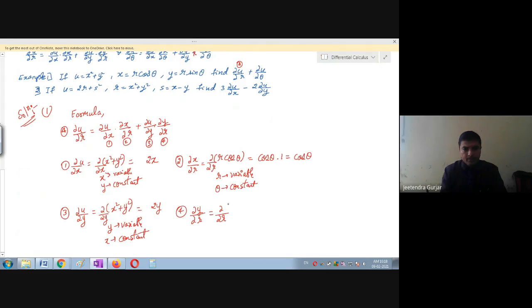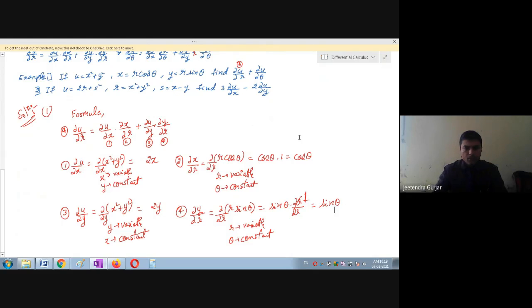R sin theta. Okay, let them give. So here you can see easily r is variable and theta is constant. So I will write constant outside, that is sine theta. Then you can easily see dou r upon dou r will remain. So this will get cancelled. It will become 1, right? So 1 into sine theta will become sine theta. That's it. Now you are going to substitute in